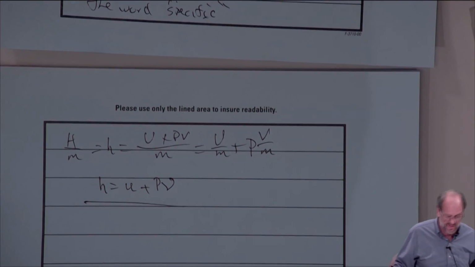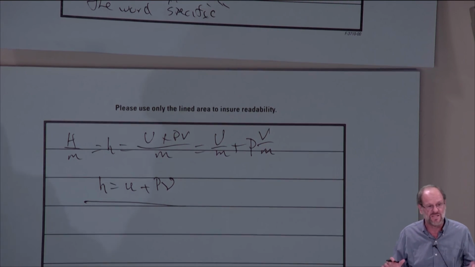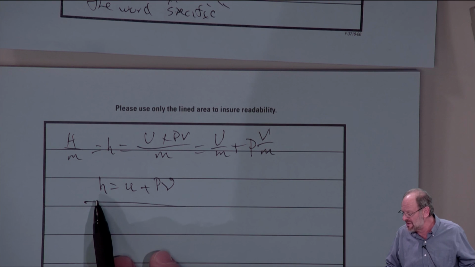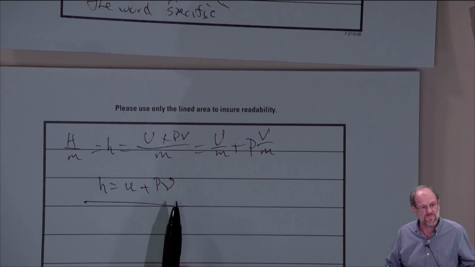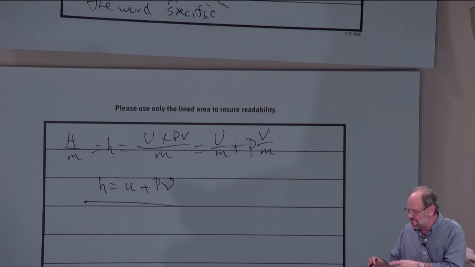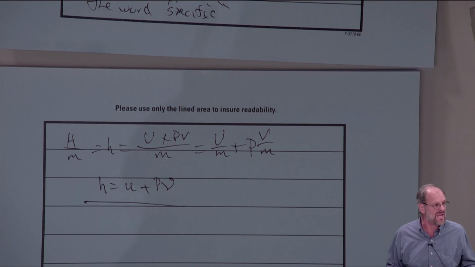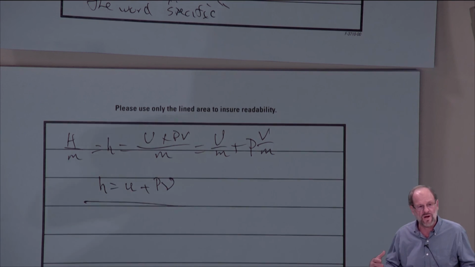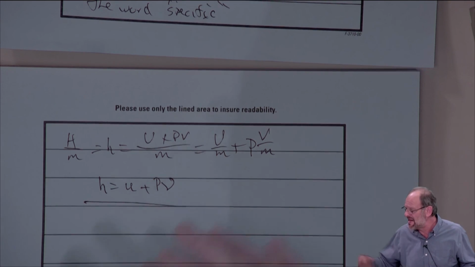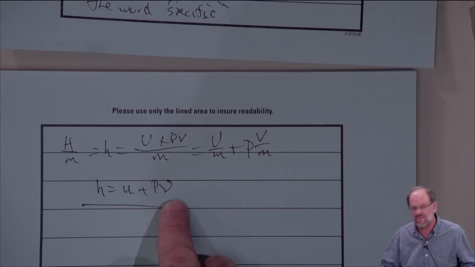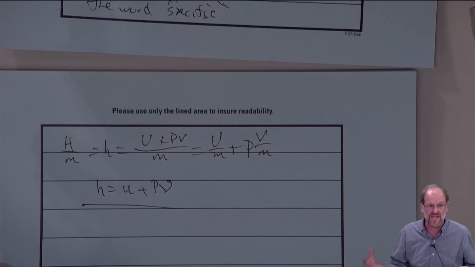Now, this is just how enthalpy is defined. You don't have to stress out over it. It's just a property. I'm never going to ask you to calculate enthalpy by pulling three separate pieces of data out of your tables and then adding them or multiplying together like you've done here. There's going to be enthalpy data in your tables. So you just need to be aware of where enthalpy comes from. I spend more time than perhaps I should, primarily just to make sure you understand that we can combine other properties like U, P, and V into new properties like enthalpy. All right, so now let's continue.